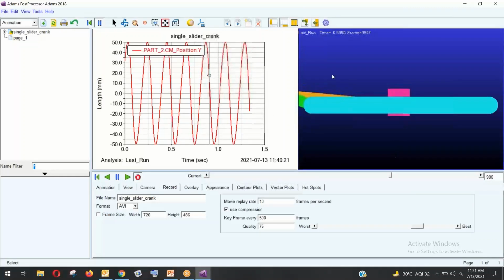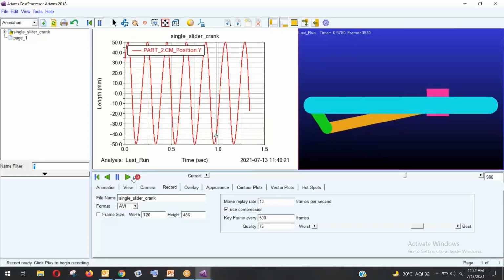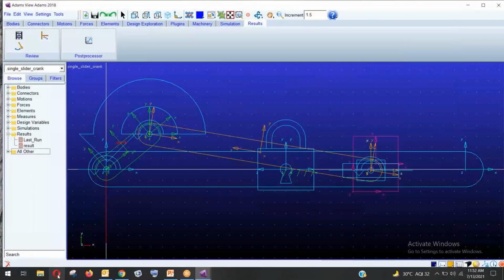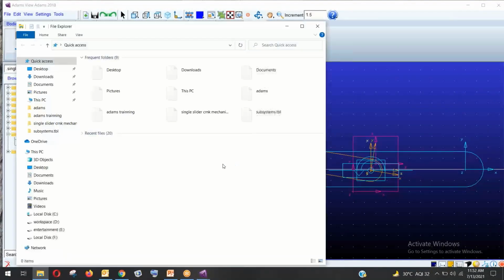The recording will be saved automatically in your directory. You can see it's blinking, recording the animation, not the session, so that's why there is some lag over here. So I will choose stop recording, and if you go to my directory, you can see